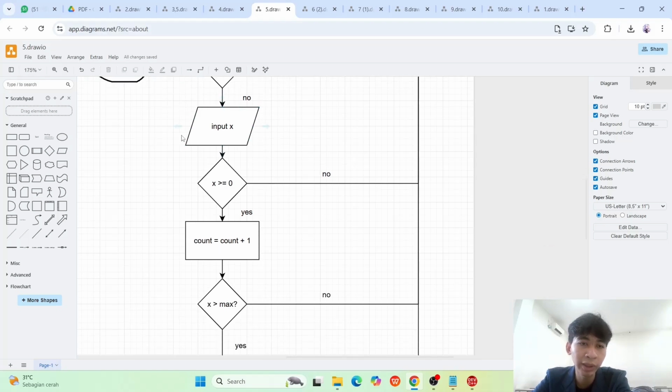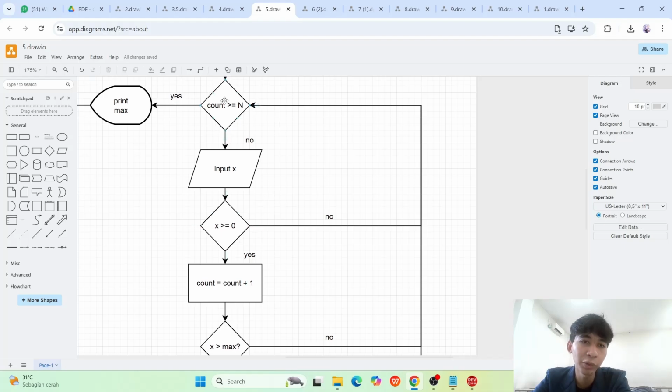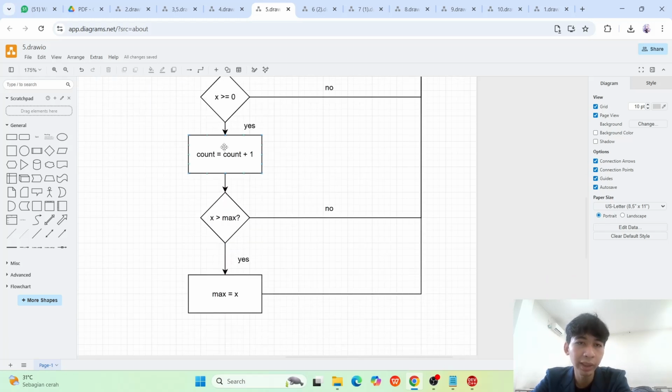We have to input x. This is the checker: is it negative or not? If negative, then we have to input again, because this one is the checker for the counter. Input again, and if it is bigger than 0, the counter goes up.